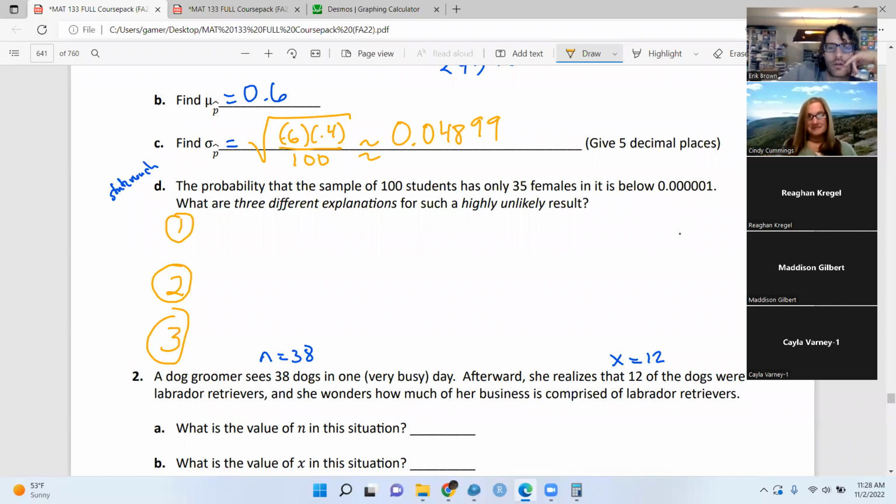Let me write this out symbolically, by the way, so we can see what's happening. Here they gave us a sample size n, which is the same from the problem above, and they said only 35 of the students in that sample were female. That's the x. That means we can calculate a p hat, which is 35 over 100, which is 0.35. That's way less than the 0.6 we were told is the population proportion. And so we're being told that the probability of a p hat